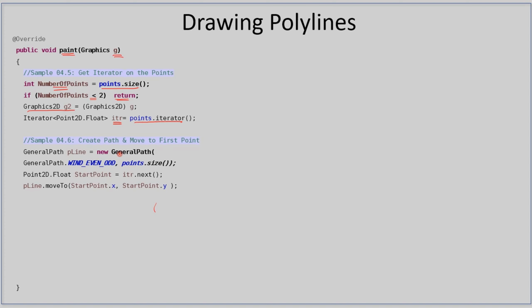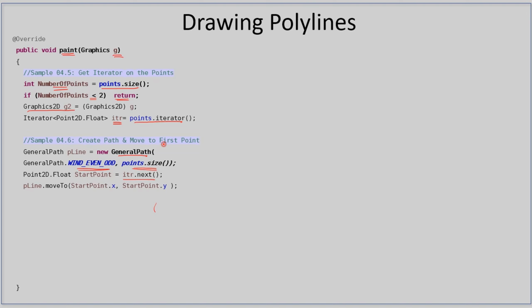So here we are constructing the general path, and this is the algorithm we are using, the general path constant. After that, here we are defining the size. We are telling how many segments are there. We tell this based on the points size. That means this general path contains 6 points, 7 points, 12, 20 points. So likewise here we are defining the general path. After that,